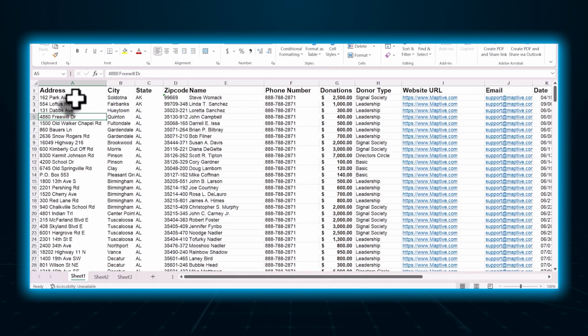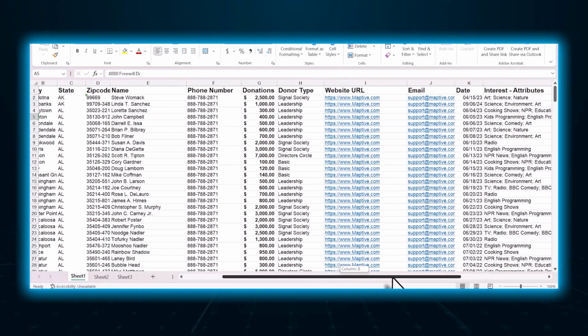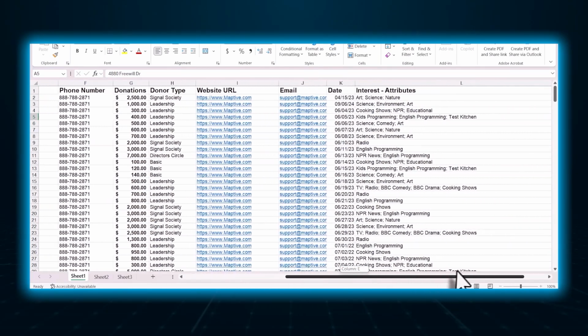So if you're using full address, you can break the addresses out like this. If you are using just, let's say, city, state, zip code, then just have these three. Of course, you don't have to have this at all. You can include name, phone number, amount of donations, their donor type, just as some ideas, website, emails, dates, even